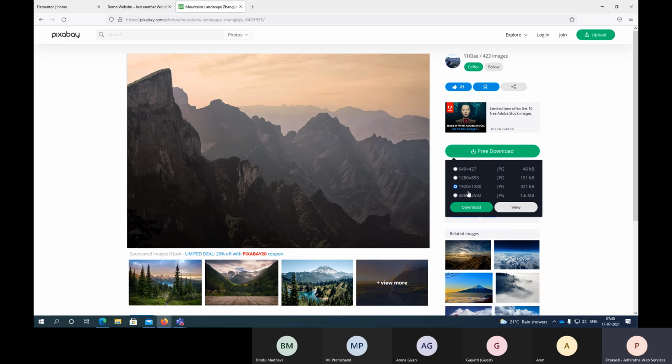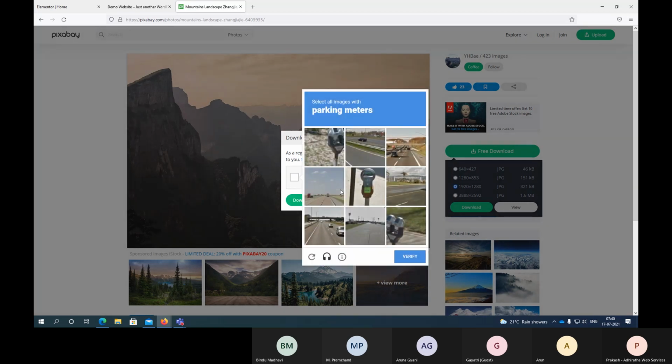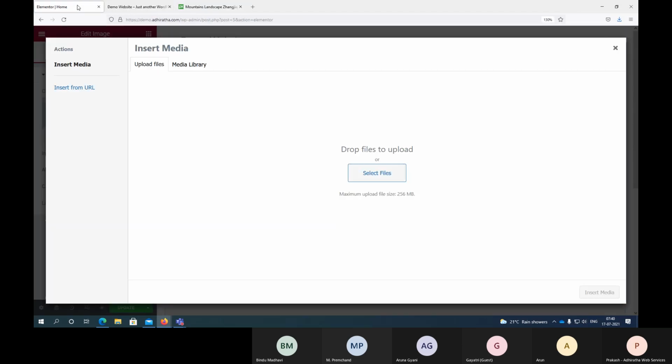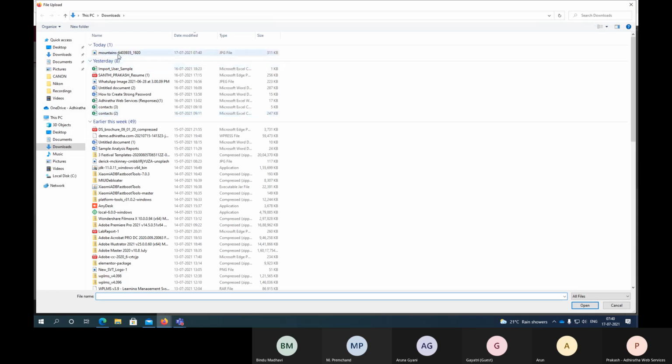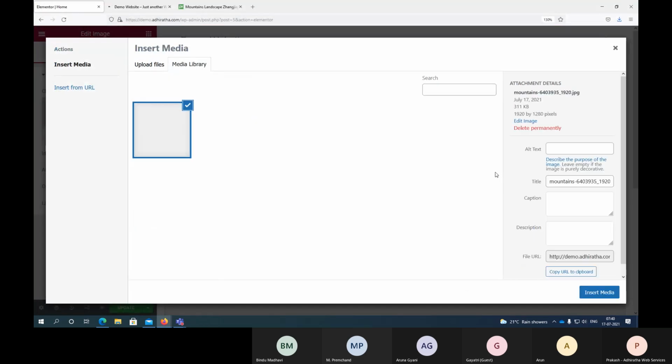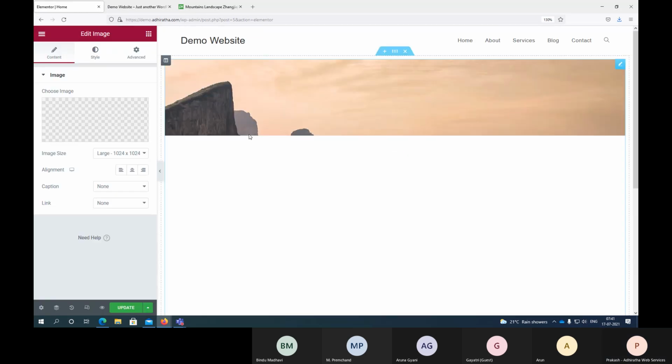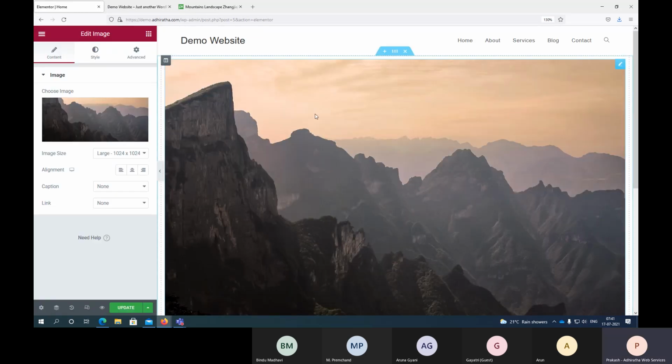So we need at least for home page, right? So let us take a higher one. Okay, parking meter, parking meter. So we got the image here.